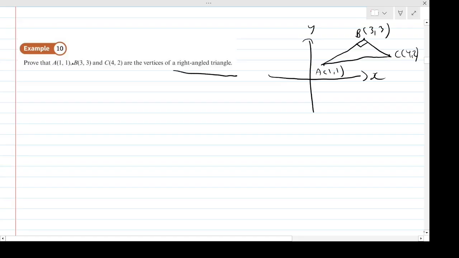Okay, so there are probably many ways of doing that. One way is, you can consider the edges or the sides. We know that this is the right angle here, so the line AB and the line BC would be perpendicular. So you have to show that it is perpendicular. You could consider the gradients between the points. They're negative reciprocals, therefore they're perpendicular. It's a right angle, hence it's a right angle triangle. You could do that, but I think probably the safest way,